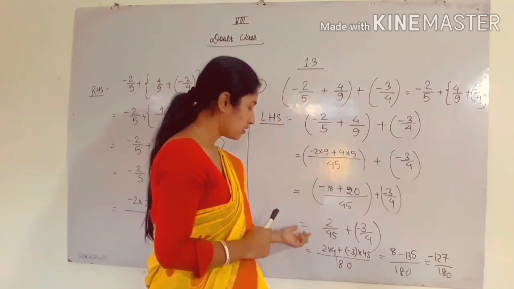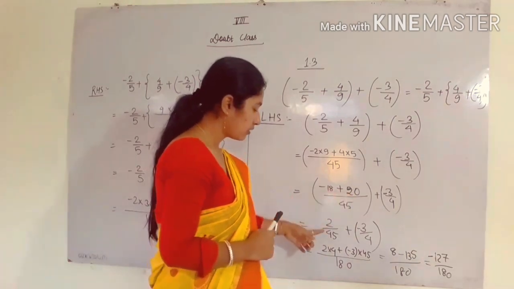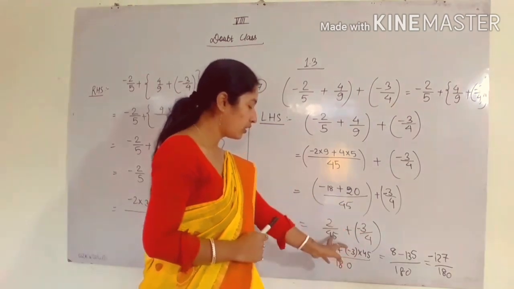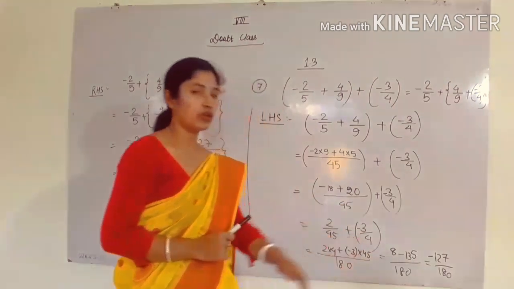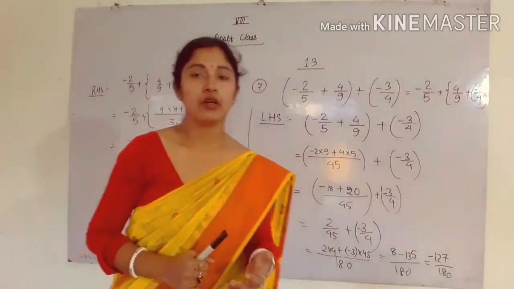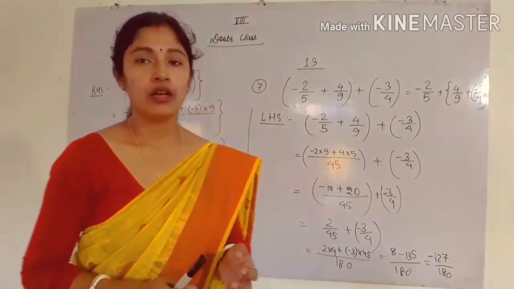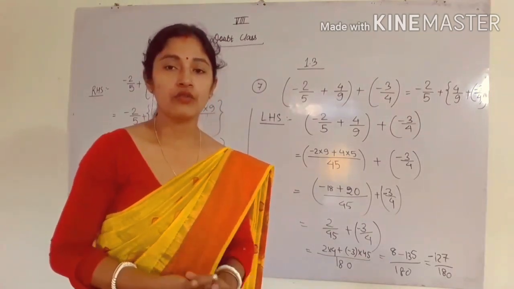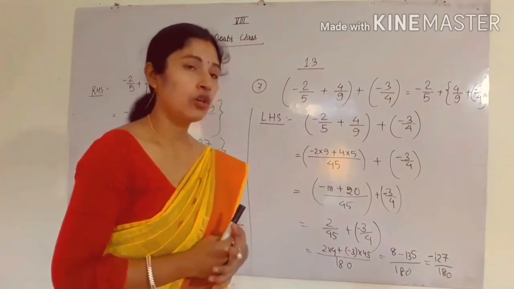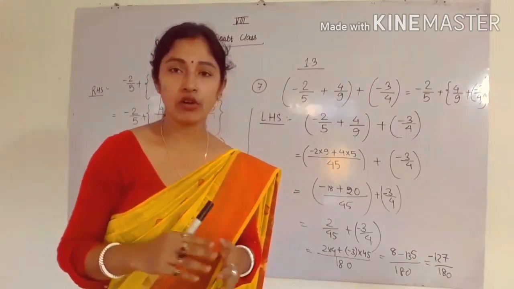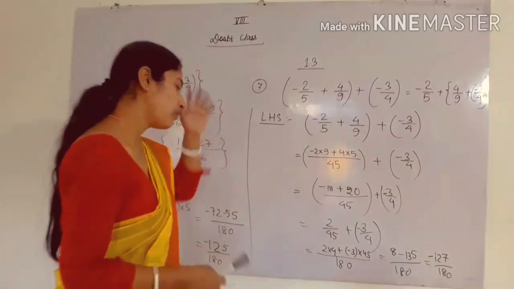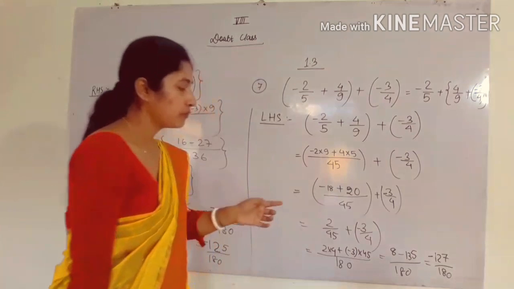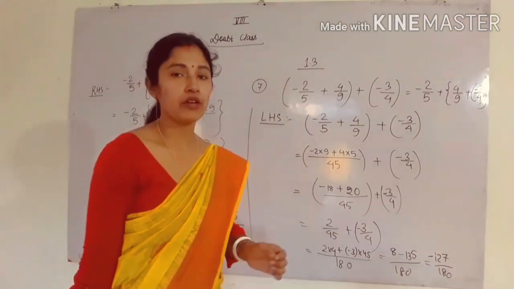You know the steps, this is very simple. See, 20 minus 18 will be 2 by 45. Then this is minus 3 by 4. Again you have to take the LCM of 45 and 4. See, 45 and 4 are not exactly divisible with each other. If two numbers are not divisible with each other, you can directly multiply the two numbers, you already know. So by multiplying 45 and 4, I got the LCM as 180. After solving, I got minus 127 by 180.